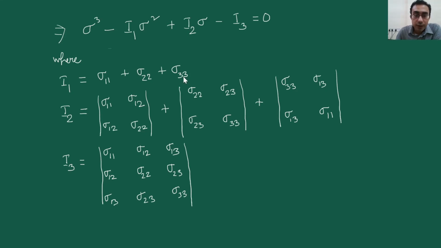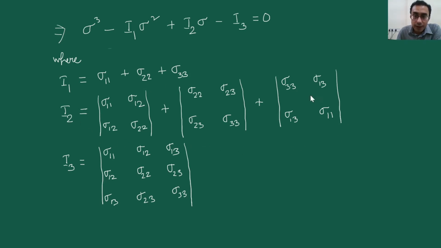But their total sum has to be equal to 6. Again you choose another one, maybe it comes out to be 1.5, and 3.5, so that is 5, and sigma 33 has to be equal to 1, so that the total is equal to 6. In a similar fashion, your sigma 12, sigma 23, sigma 13 can have different values in different coordinate axes,